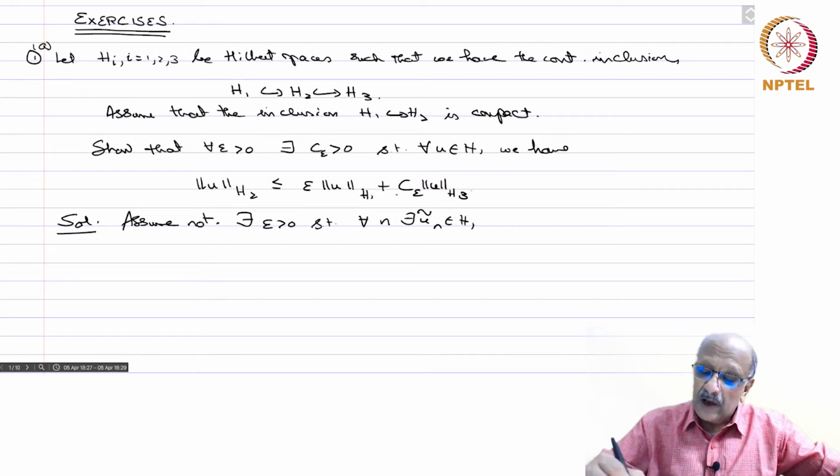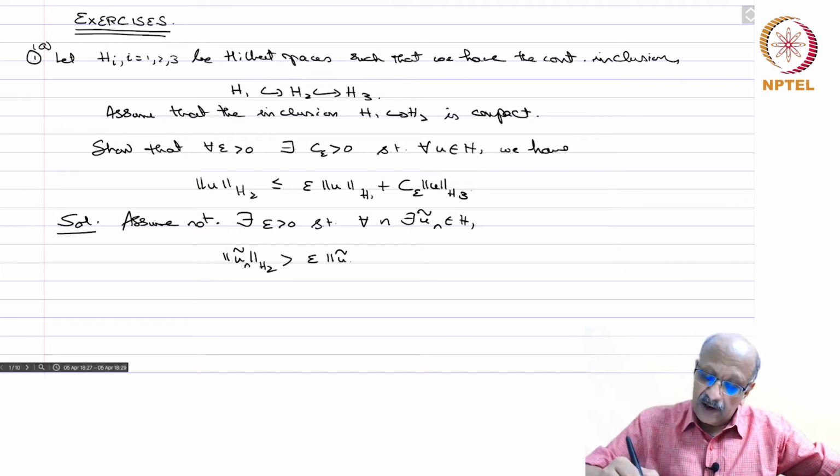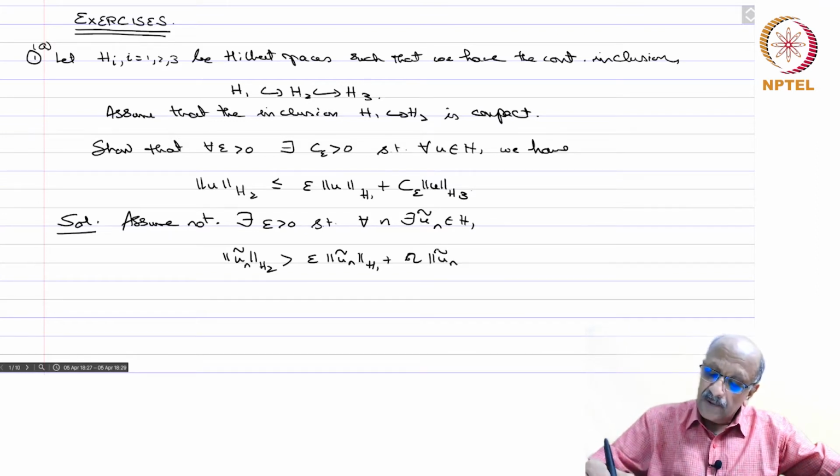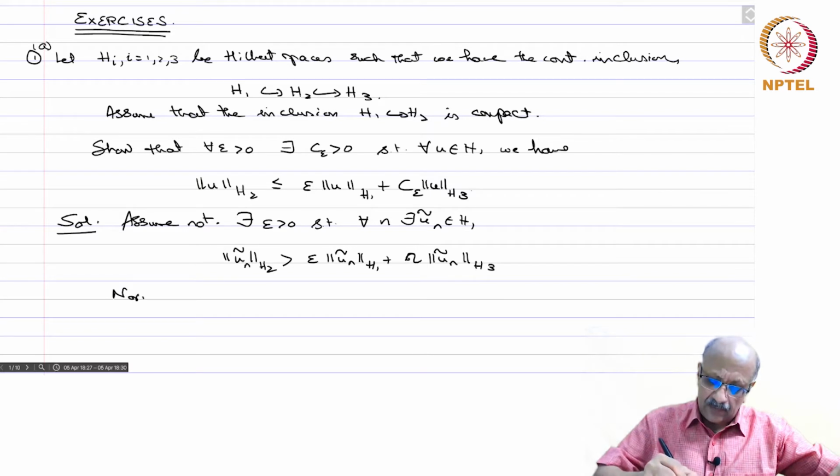So however big a constant n you put for C epsilon, it will still violate. Okay, so norm u tilde n in H2 is bigger than epsilon times norm u tilde n in H1 plus n times norm u tilde n in H3. Okay, so we can normalize,